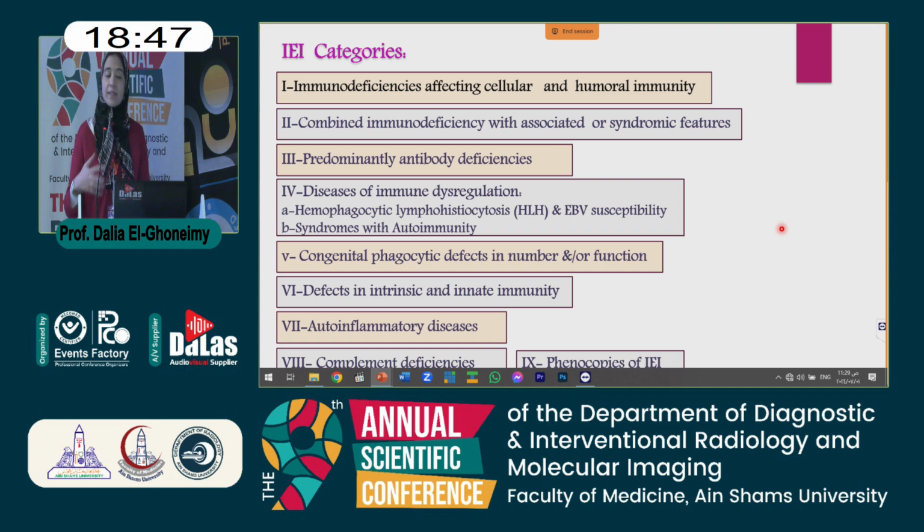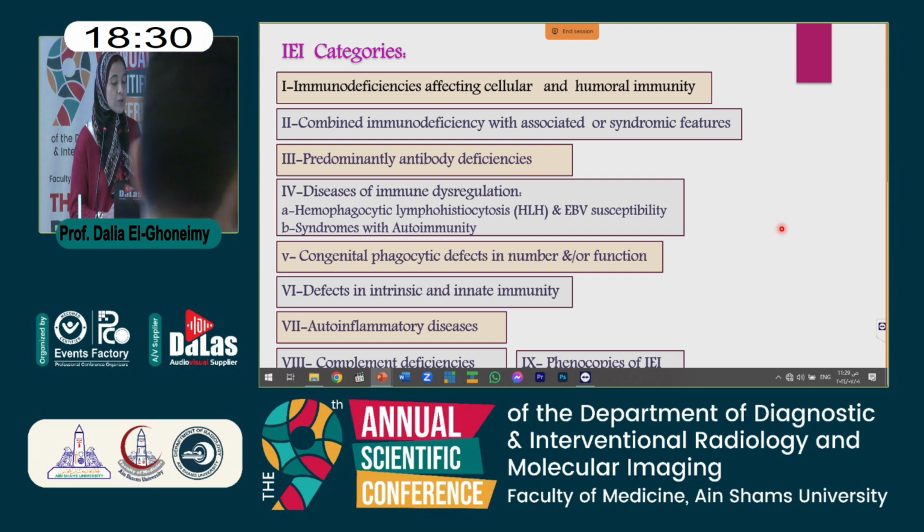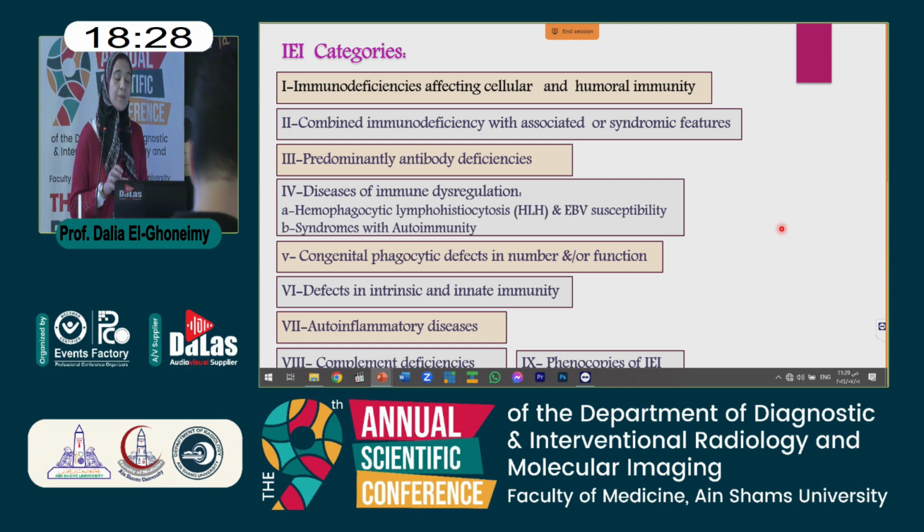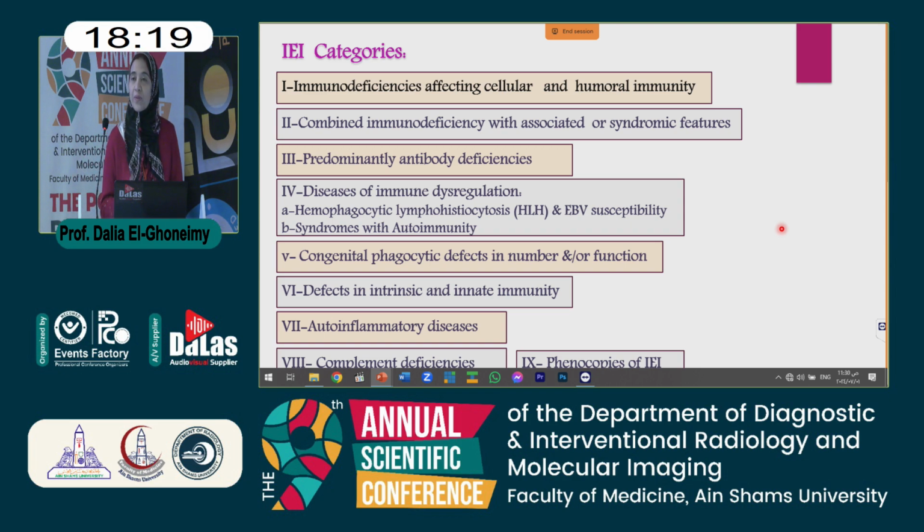So the broad categories of IEI include immune deficiencies affecting cellular and humoral immunity, which is combined immune deficiency, and combined immune deficiency with associated or syndromic features, predominantly antibody deficiencies, and diseases of immune dysregulation, including hemophagocytic lymphohistiocytosis and inborn error of immunity with specific Epstein-Barr virus susceptibility, and syndromes with autoimmunity, congenital phagocytic defects, whether in number, function,